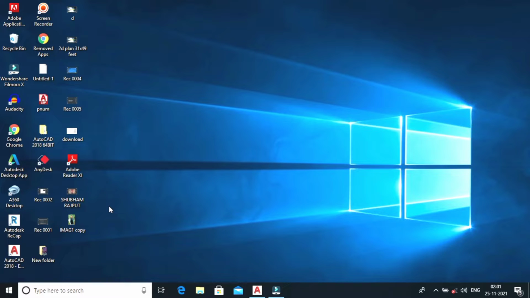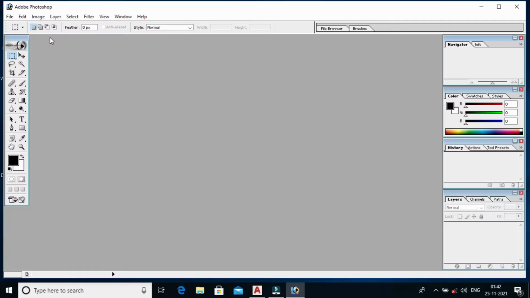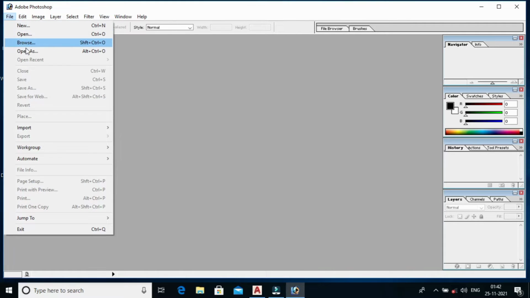Okay, so we are on the desktop right now. Now we are proceeding with the tools as well as the menu icons, the menu bar.